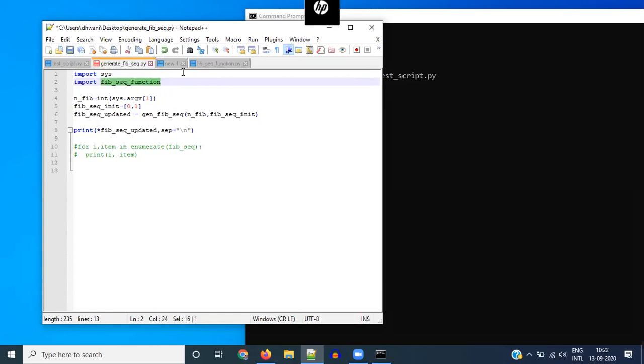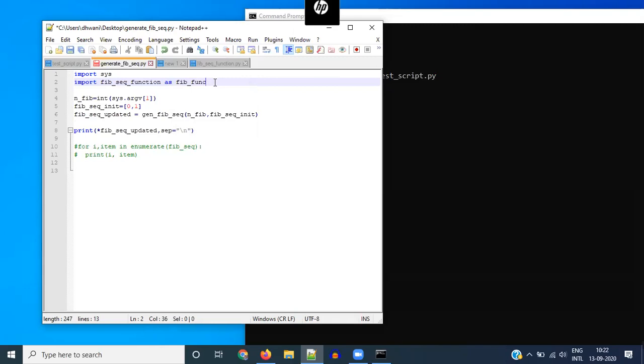When you write import some other script, you do not have to add the .py. You just have to add this much. But now, if you just say import, you can also say import it as something, because this is a really long name. Just like we did with matplotlib, we called it PLT. For NumPy, we called it NP. Let's just call it fib func, maybe.